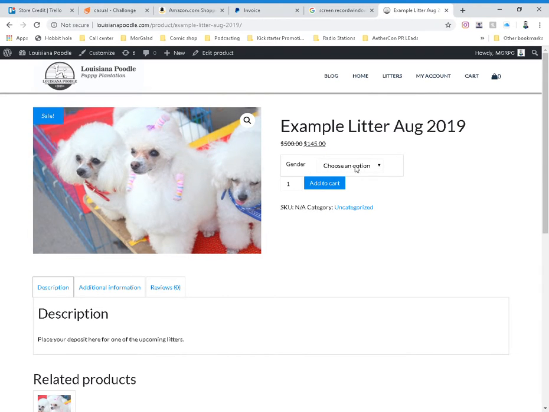Now you also have gender here. If you want to place a deposit, you have to choose whether you want to place a deposit on a male or a female from the litter. So we choose a female. See, it currently says out of stock. So unfortunately we can't get any of those. Males, same, out of stock. That means that not only do we have various